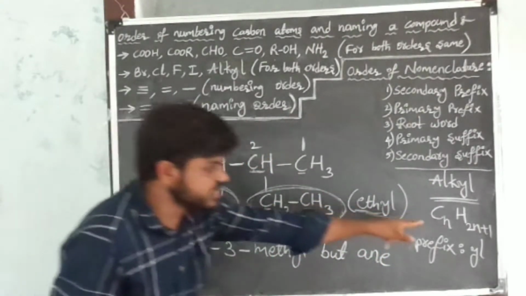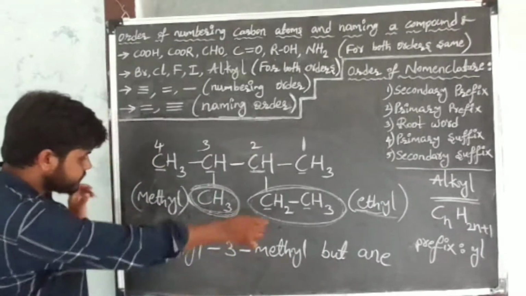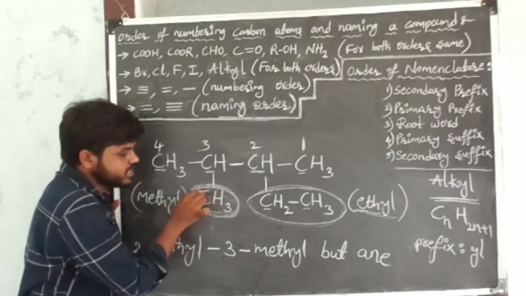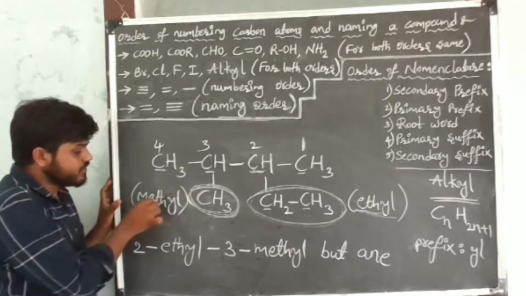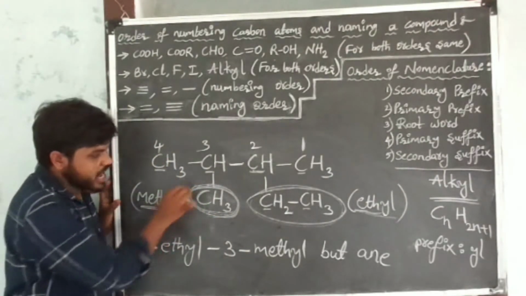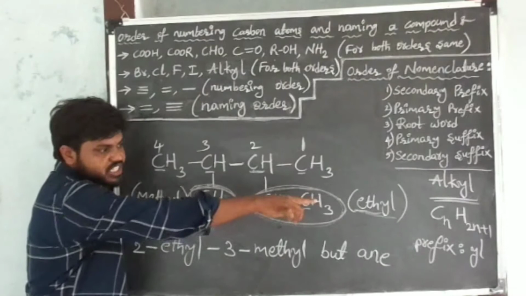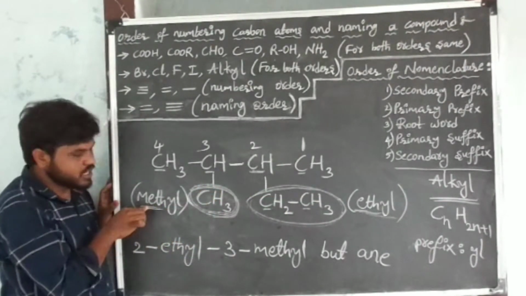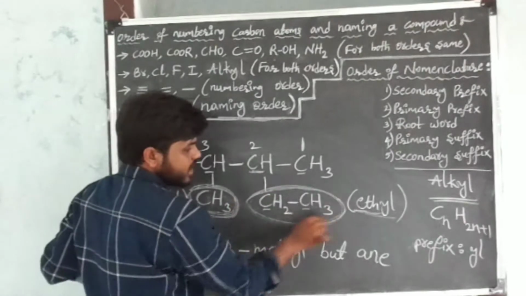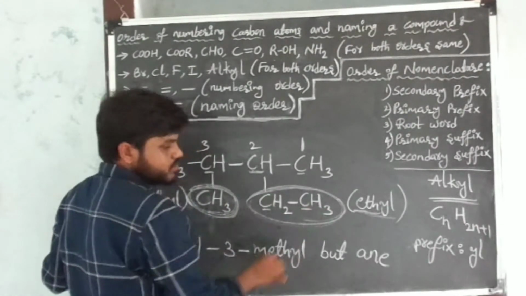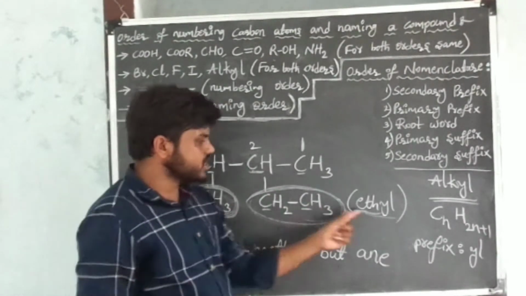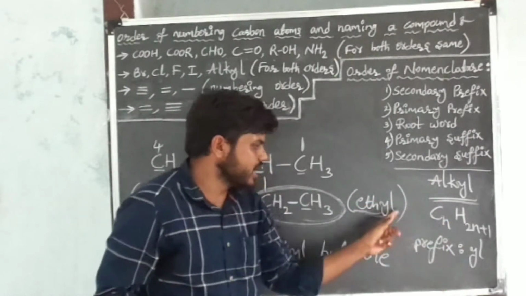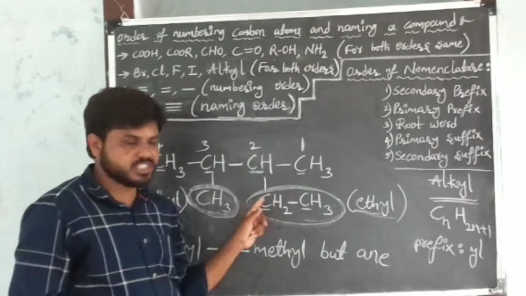You can check with the general formula of the alkyl group. See how I wrote the name of this first substituent. In this substituent there is one carbon, the one-carbon group is meth, and it belongs to the alkyl group. The suffix of the alkyl group is yl. I wrote the name of the given substituent: methyl. Next I am taking the other. In this there are two carbon atoms, the root word of two carbon atoms is eth. It belongs to alkyl, so the suffix of alkyl is yl. I wrote the name of the second substituent.